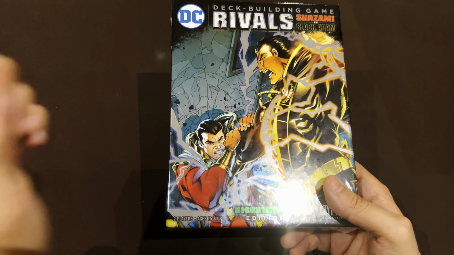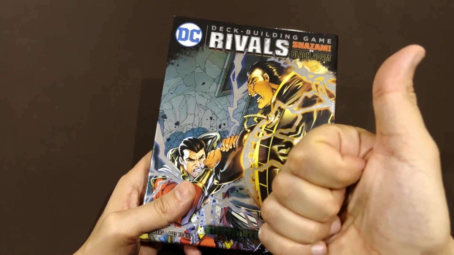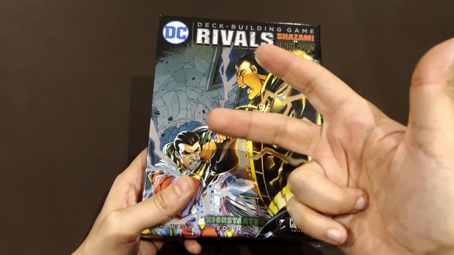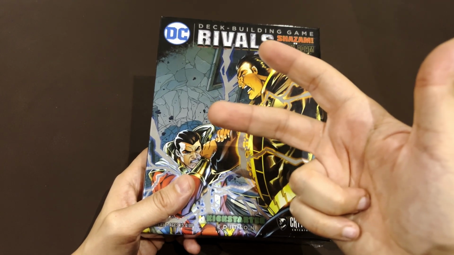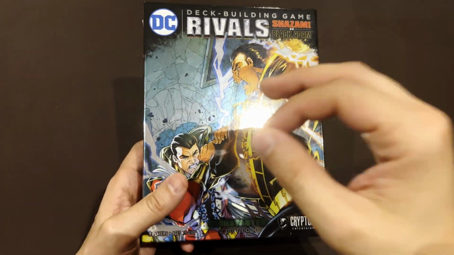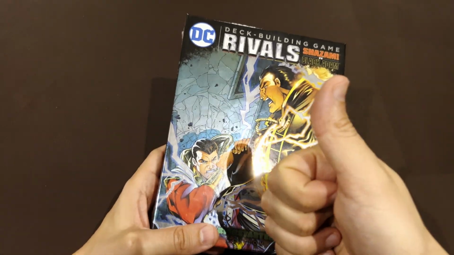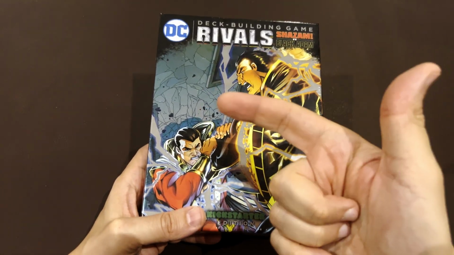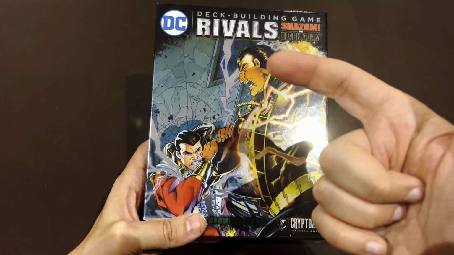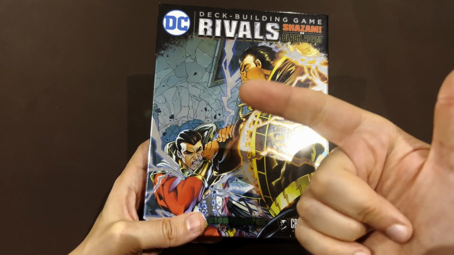But this is, as I mentioned, the 4th edition because after Batman and Joker, after Flash and Reverse Flash, after Green Lantern and Yellow Lantern, or Sinestro, sorry, we now have Shazam versus Black Adam. I'm almost sure that we will see in the future Aquaman versus the King, whatever. I don't remember his name, King Orm or whatever it is. Wonder Woman versus Cheetah, and